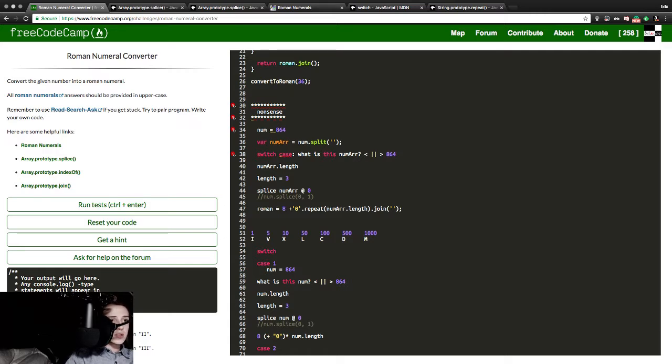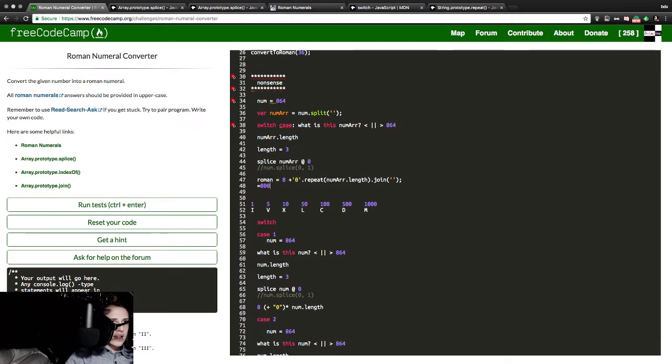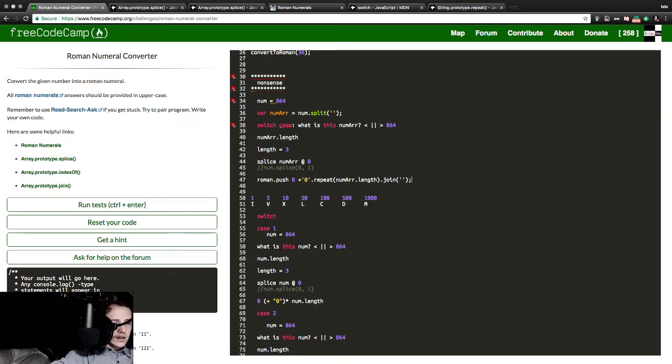And if it equals 800, we can go on to the next one and tell it to sum all of these numbers. Maybe we do want to push. We can push all of this. And if we push all of that,